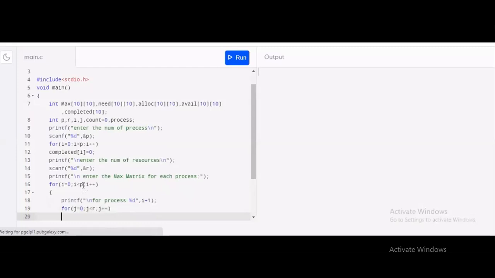Remember, r is the value of the resource. And now I will scan the value. Scanf %d, max matrix of I and j. I will close the loop.